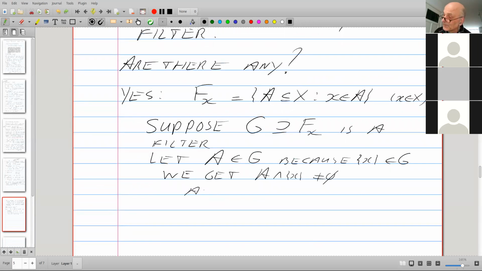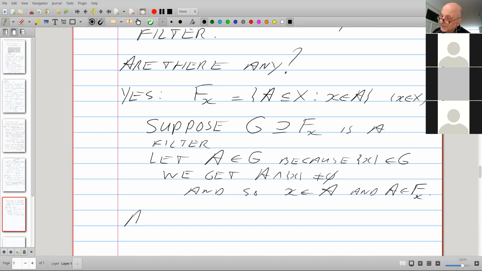And so suppose we have a finer filter than F of x. Oh, wait a minute, it's equal to F of x. Every member of G is also a member of F of x. And this shows us that F of x is maximal.